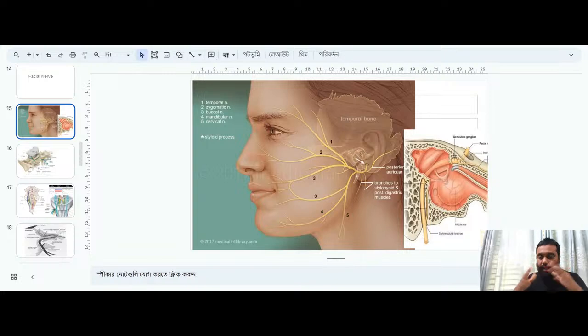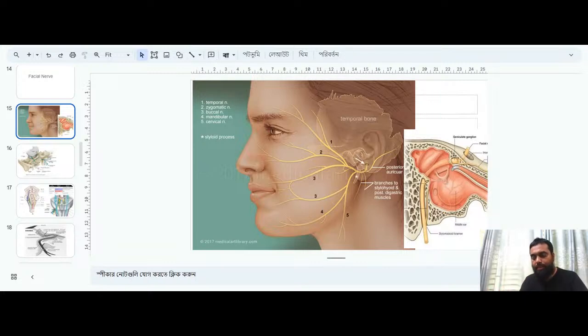On one side this lesion, and one person can make this wrinkle in the forehead, and another person also has facial palsy, but he cannot wrinkle this forehead. So my question goes to